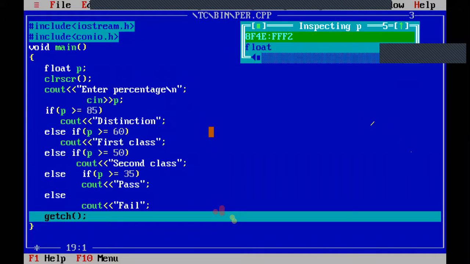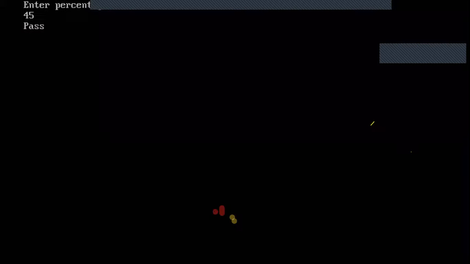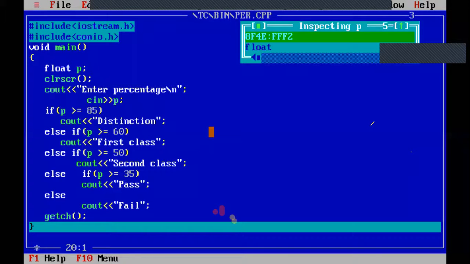After that, the last statement, cout fail, will not be executed, because P value is more than 35. If it is less than 35, then the cout statement fail will be executed. See, the result is pass.